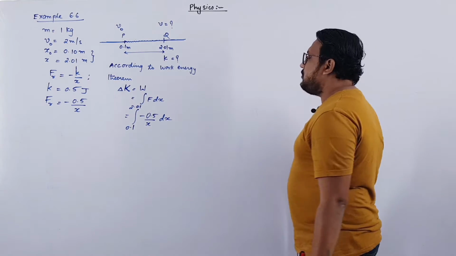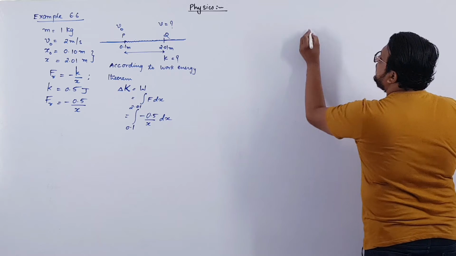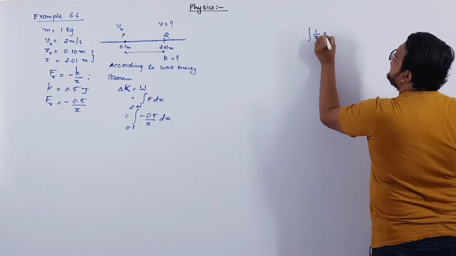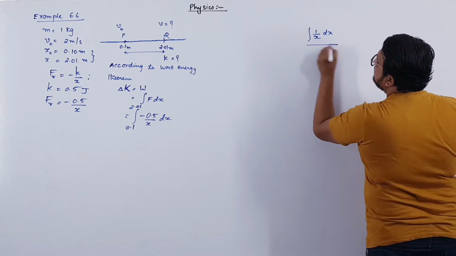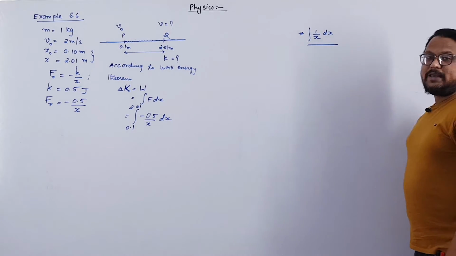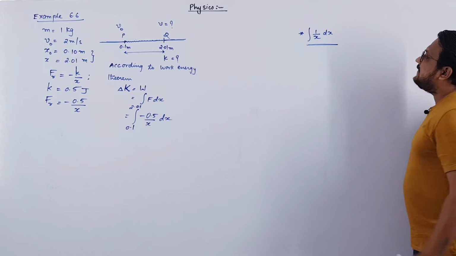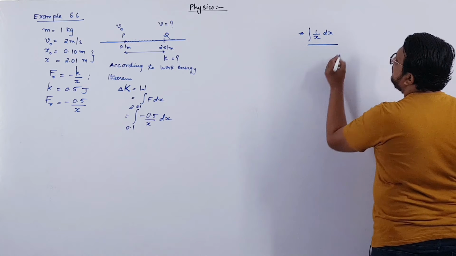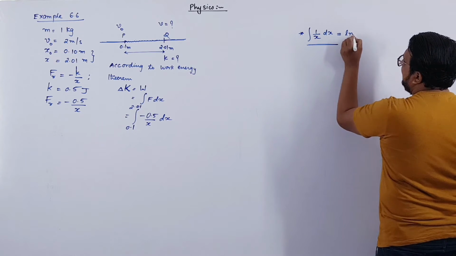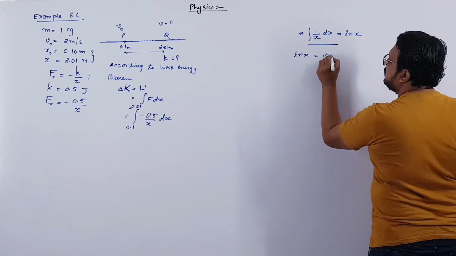Here there are many things you have to know, so let us discuss something over here. If you are integrating 1 by x dx, this is a new formula for all of you and you have to remember this, even for the next student. This is the new formula: integration of 1 by x dx is known as ln x in physics, where ln x is nothing but log x only.